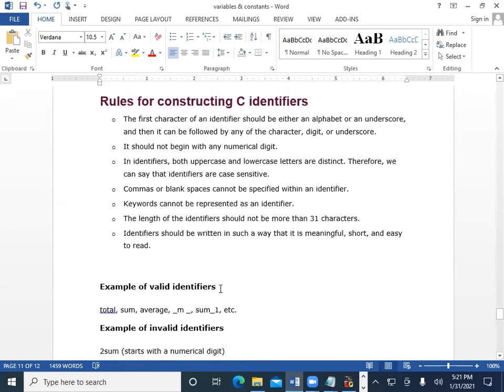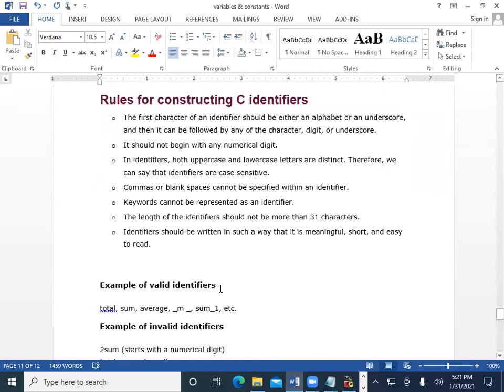So here are the rules for constructing a C identifier. First, the first character of an identifier should be either an alphabet or underscore, and then it can be followed by any characters, digits or underscore. So the first character should be an alphabet, lowercase or uppercase, or an underscore is also allowed.